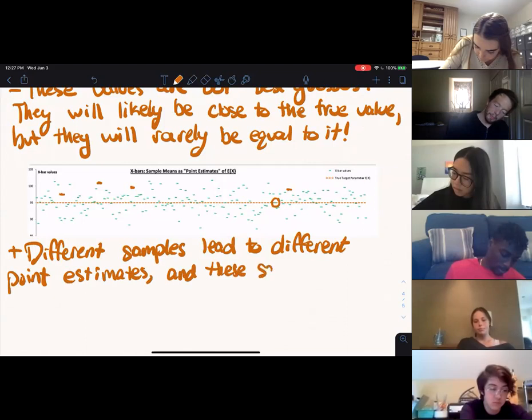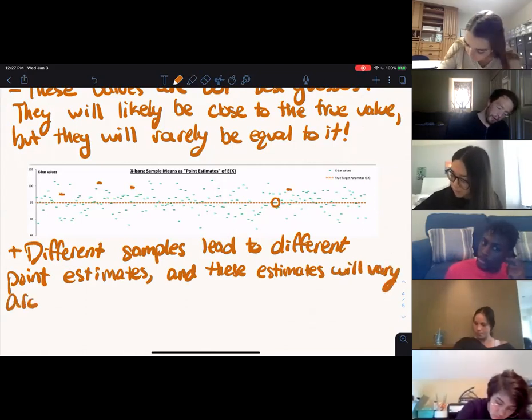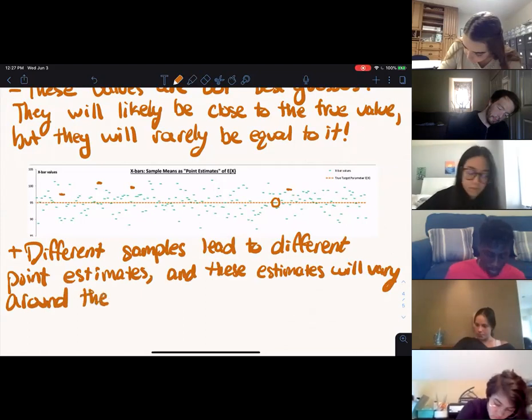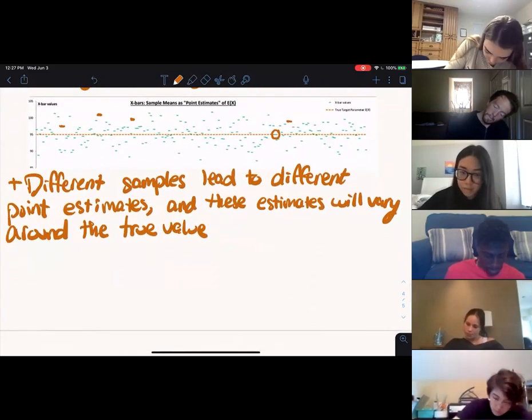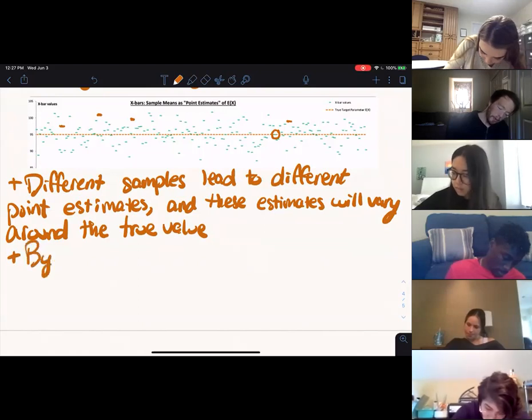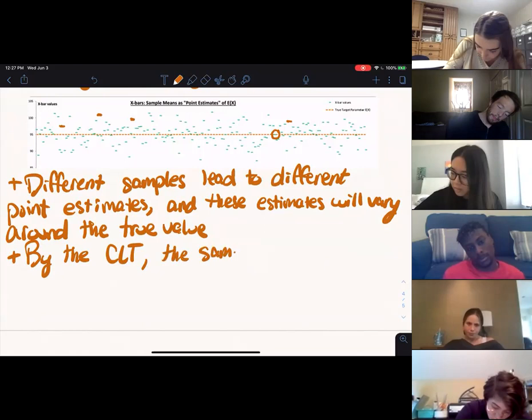And these estimates will vary around the true value. We further know that by the central limit theorem, a very particular point estimator, the sample mean, X bar,